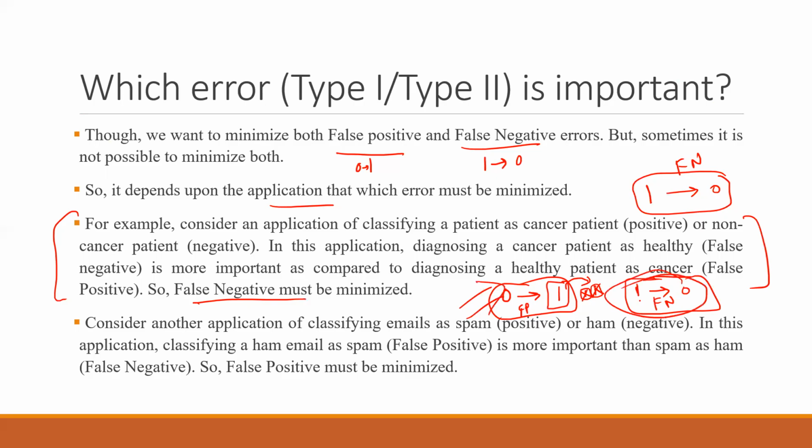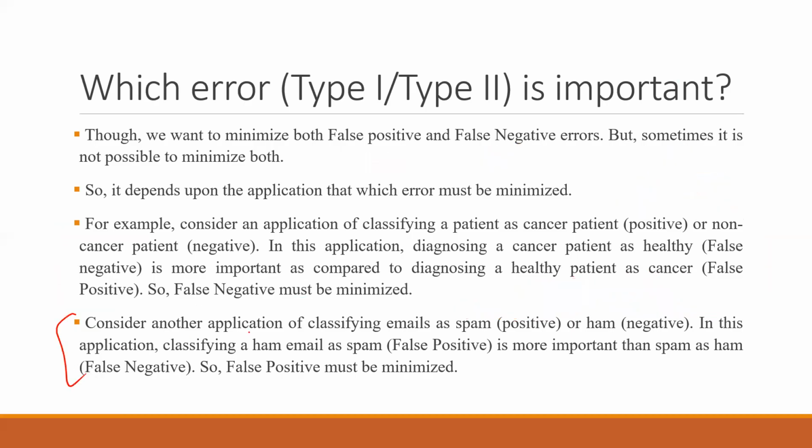But in this case, if you tell someone who has cancer that you don't have cancer, that is deadly. The person can die in 2, 4, 6 months, 10 months. That cancer can become deadly and he can reach the 4th stage of cancer, and it will be very difficult to save that person. So we need to focus on false negative in a medical problem, right? And let's talk about the second case.